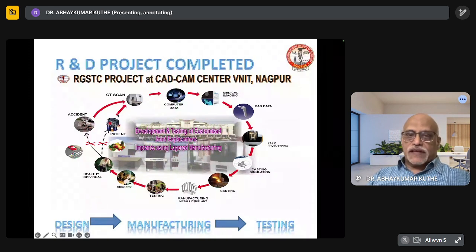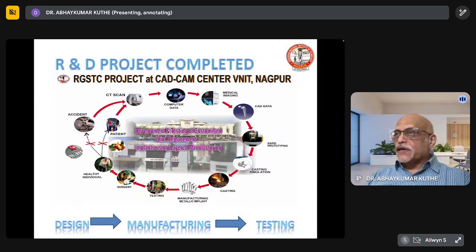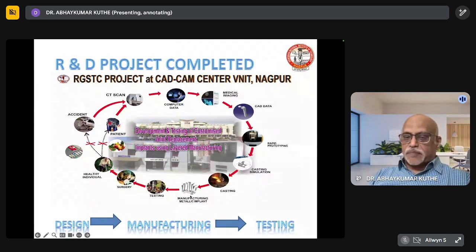But if at all it happens, then you have to take a CT scan of the patient, get its computer data, ultimately get the medical imaging and see that the CAD data is possible for you to develop. That means getting computer-aided design data of a medical organ and then sending it to the rapid prototyping machine. And this rapid prototyping machine will help us in getting the medical model in physical form, which we generally call the pattern, and then use the casting simulation software to set all the parameters for casting of that implant, and then get that particular metallic implant manufactured,